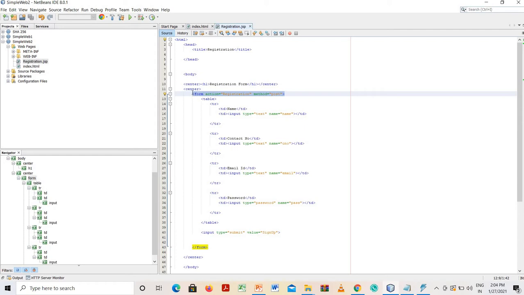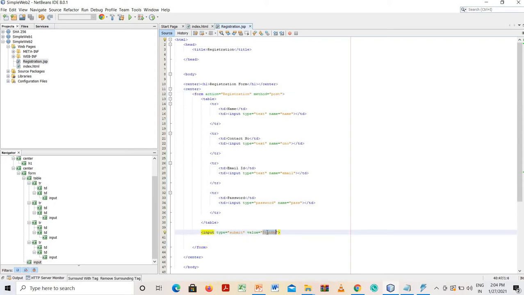Are you getting it? The name of that button may be submit, sign up, whatever. But this code is telling the compiler that whenever the user clicks on this sign up button, the action to be performed is defined in this registration servlet in the post method.